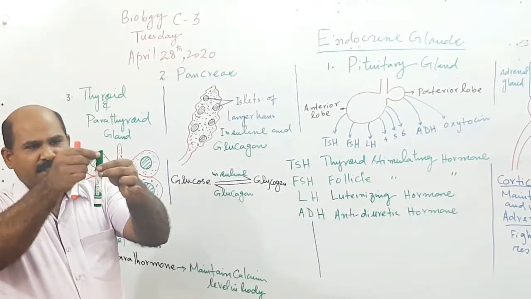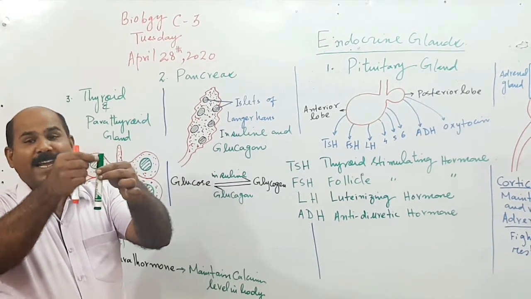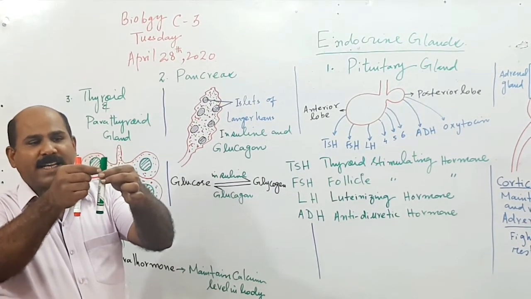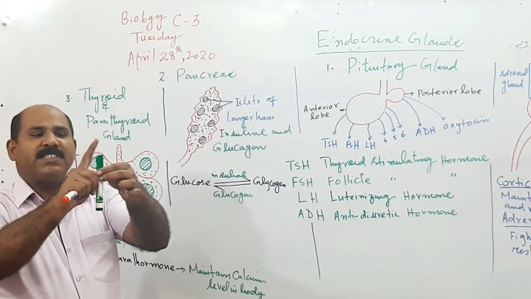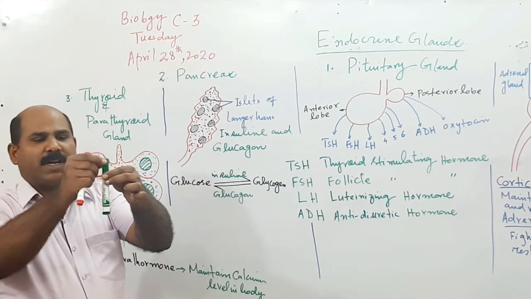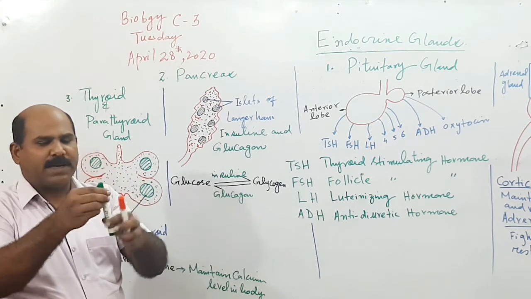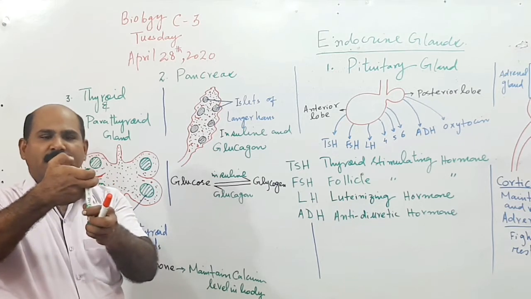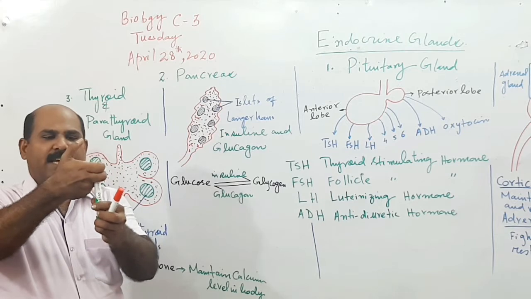So this region which is above this one is called the larynx. There is a pharynx and then comes the larynx. Above that there is an epiglottis also. So this one is the larynx, and around the larynx, just like my fingers are surrounding this green part, the larynx, just like that,